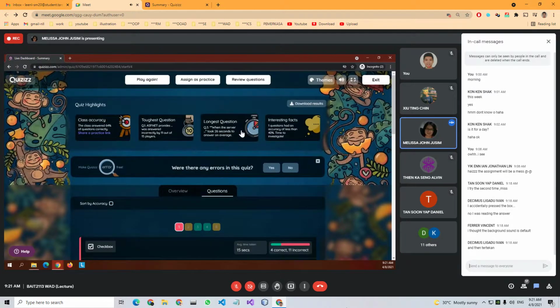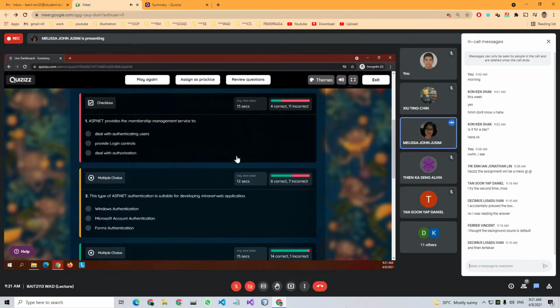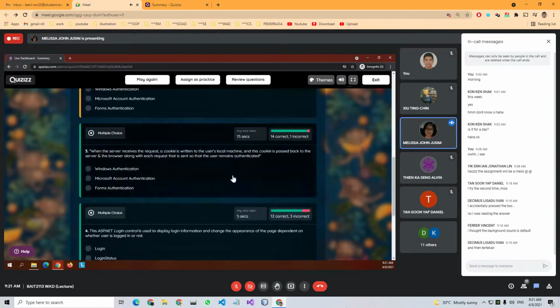Longest question, question number three. When the server receives the request, a cookie, the moment you see cookie, it should be forms. I think last week, Kelvin, you asked about cookies, right? A cookie is written to the user's local machine, and this cookie is passed back to the server so that the user remains authenticated.